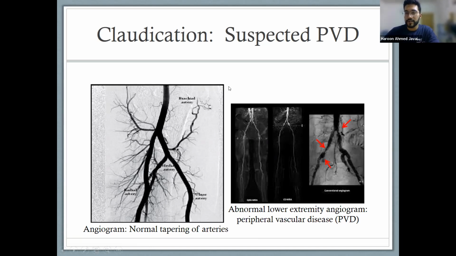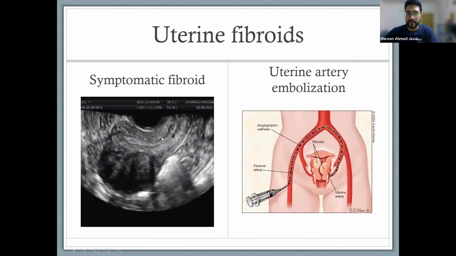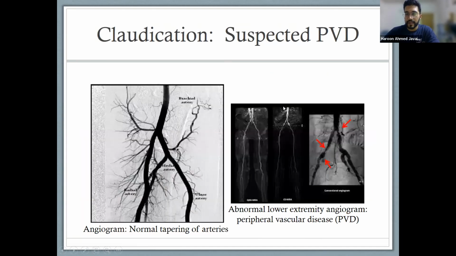So this is diagnosis, right? So where does interventional radiology come in? Interventional radiology basically comes in when they go through the blood vessels. So basically they go usually through the femoral artery. So they'll go through the femoral artery and somehow they will reach